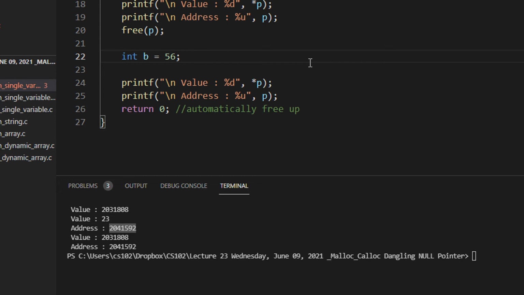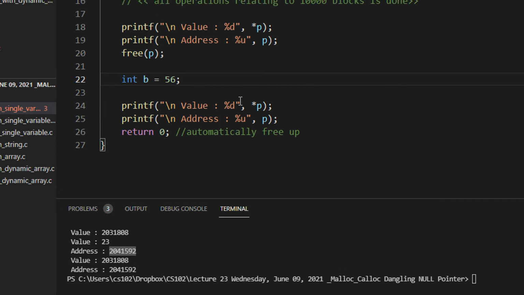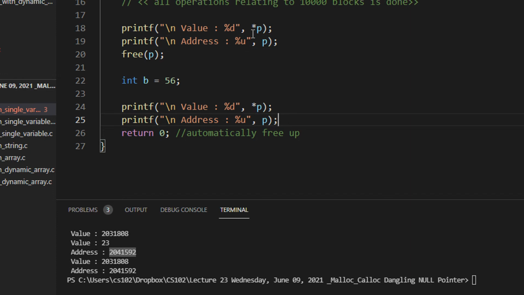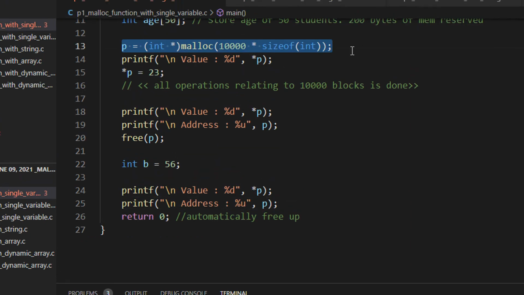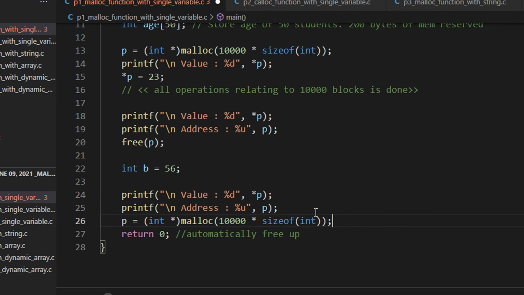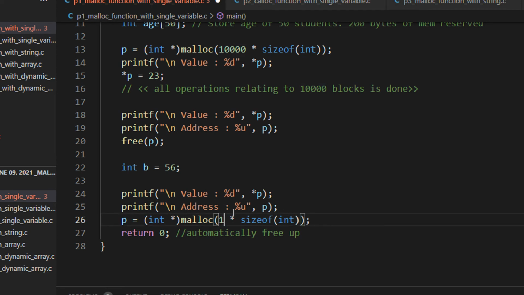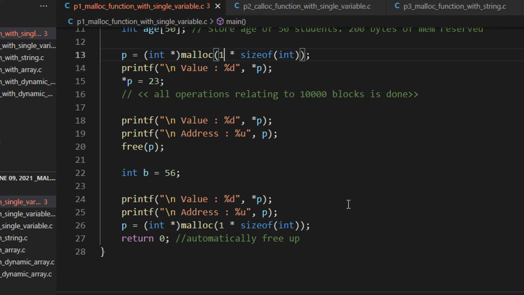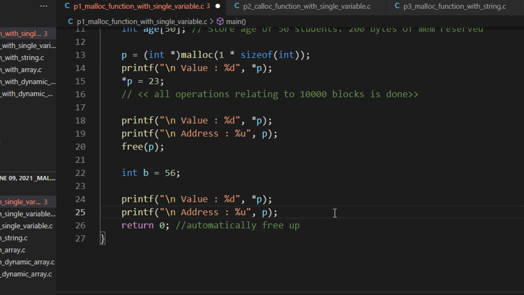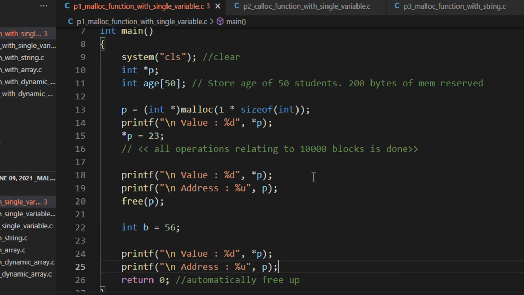That is why these compilers usually retain the memory address, so that in case I'm using p again, let's say I'm using this malloc again here, it will help to reassign the address pretty quickly. It will save a few milliseconds, right? So that is the concept of malloc. Malloc and free go together. You allocate memory locations, you say how many locations you want and what is the size of each location, right?